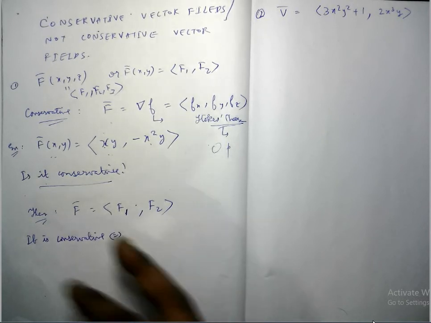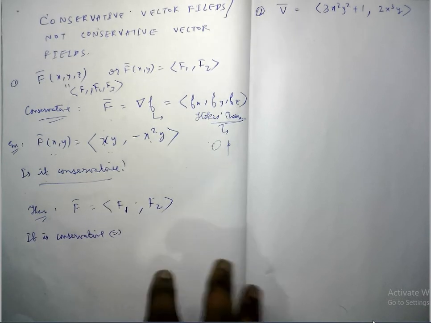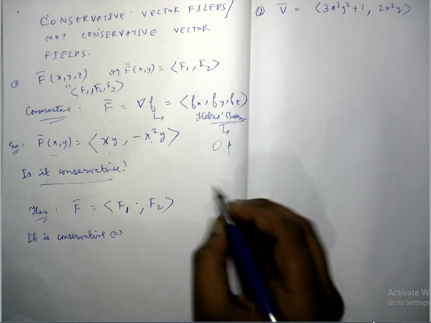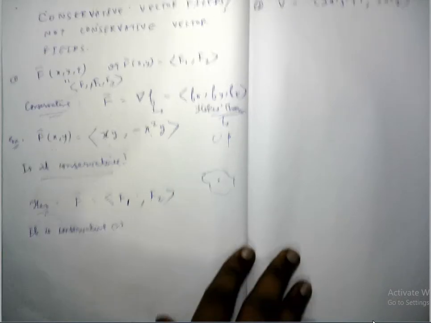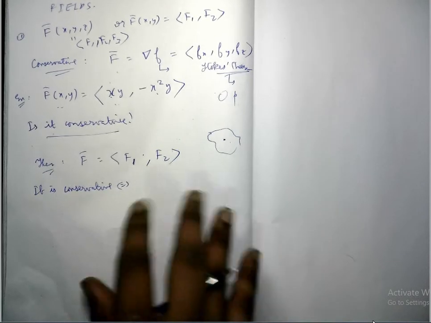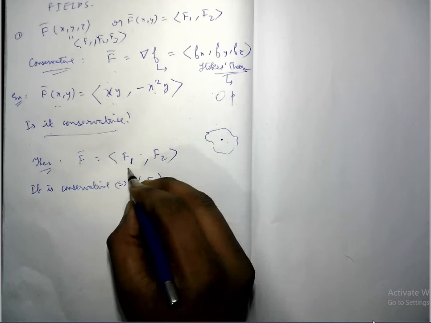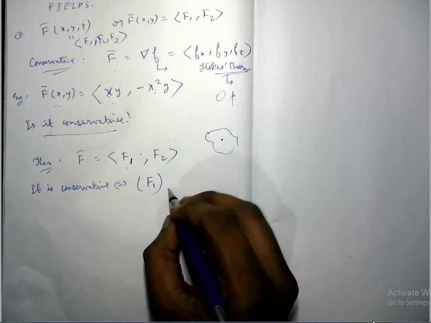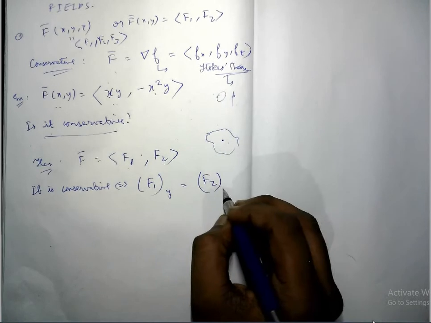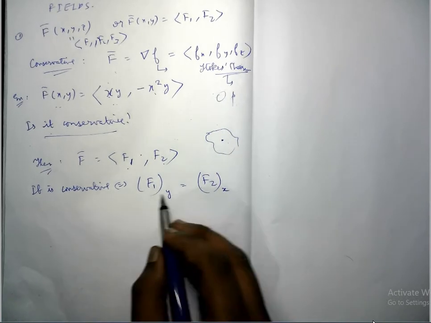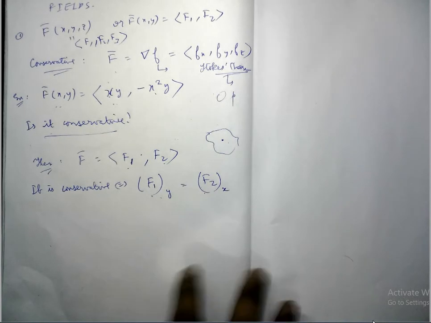then it is conservative if and only if the following holds. All this happens in a simply connected domain. I won't explain what simply connected domains are; you can find it in Dr. Blank's video, but it basically means for two-dimensional cases that there are no holes in the domain. So we say that this vector field is conservative if and only if the partial derivative of the first component of the vector field with respect to y is equal to the partial derivative of the second component with respect to x. If this happens, then it is conservative. If this does not happen, then it is not conservative.